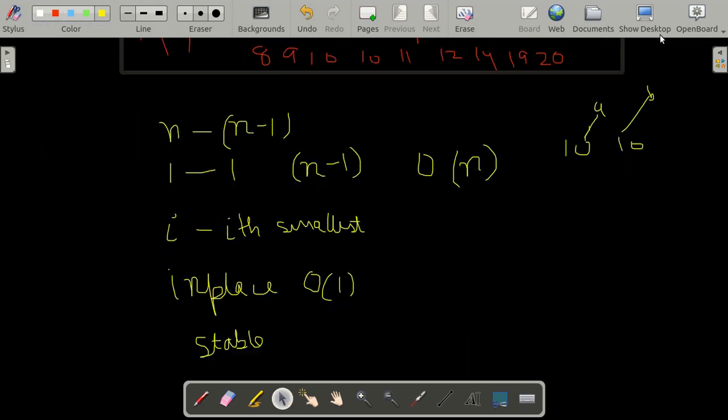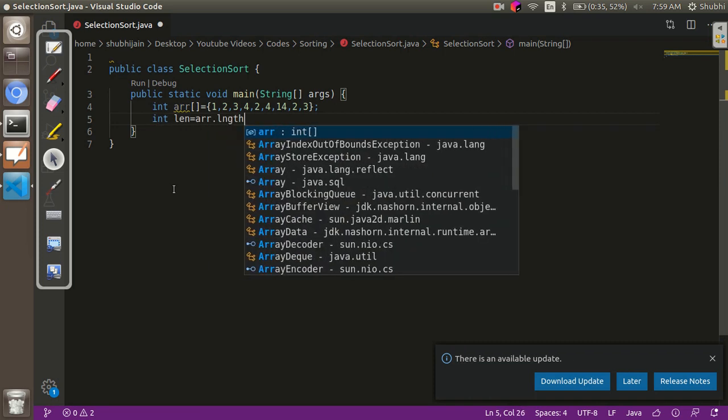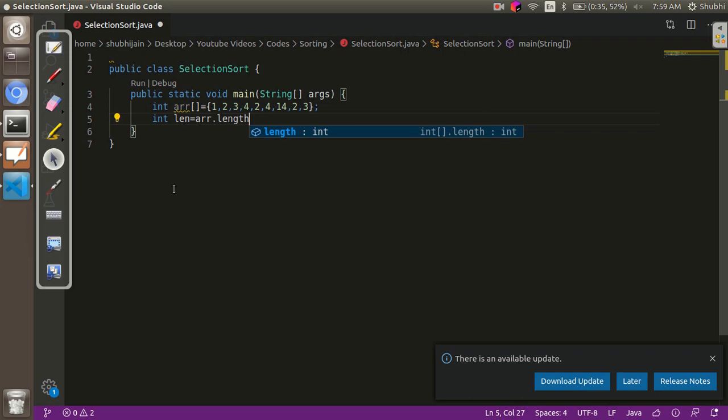Let's see what the sorting algorithm looks like in code. So over here, first I'll have an array. Then I'll take another variable known as length and I'll store its length in it.